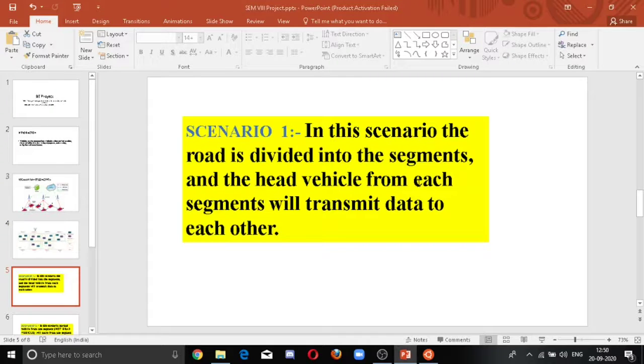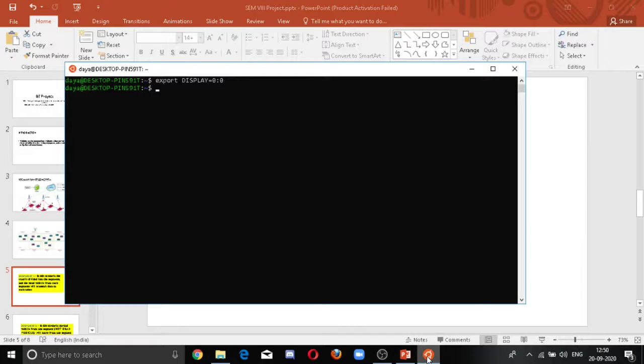Scenario 1: in this scenario, the road is divided into segments and the head vehicle from each segment will transmit data to each other. To run this scenario, we have to give the command sudo ns and our file name, which is try.tcl.